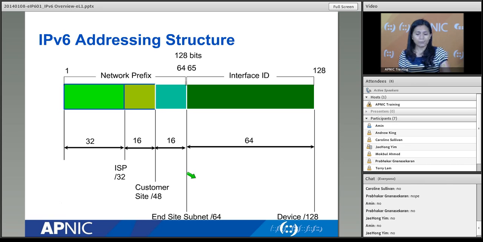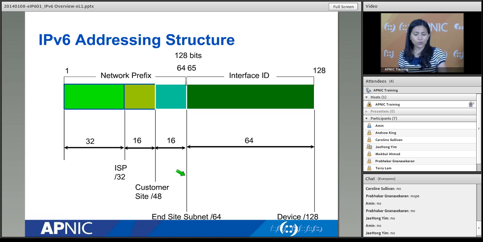Okay, if you try to assign, let's say, most operating systems would not understand or will not be able to interpret properly an IPv6 address that has a prefix that is smaller than a /64. But if you're going to do it on things like routers, then that's not a problem. But let's say on your Windows machine, automatically it becomes a /64 block.